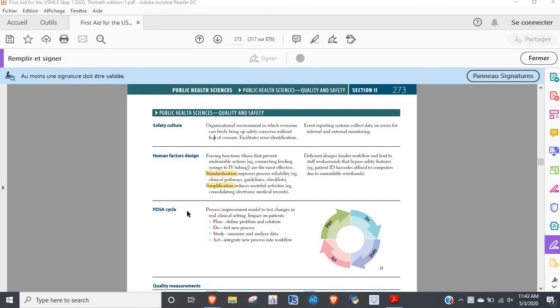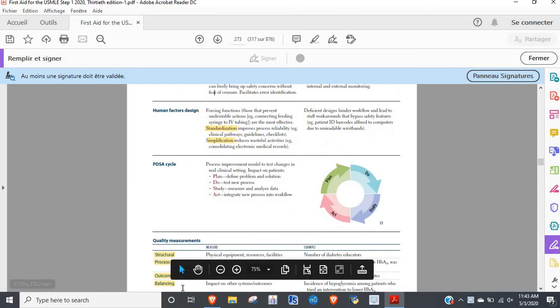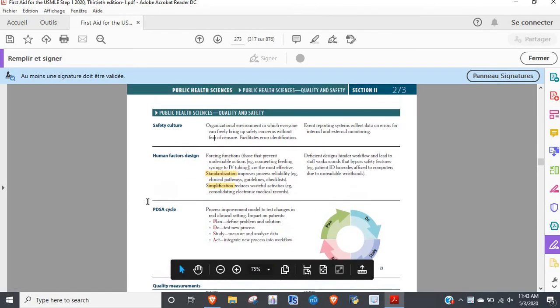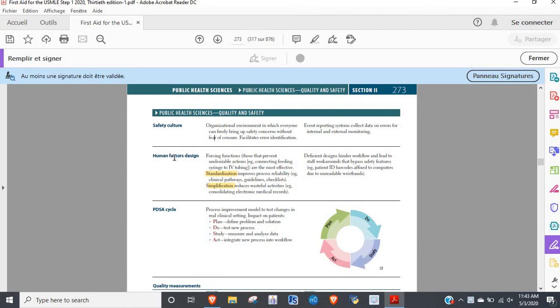So out of the questions here, the ones that you look at the most are these things. However, it's important to understand how they're going to ask you questions regarding human factors design. All right. So they're not going to say, oh, which of these is an example of standardization. What they're going to say is guidelines help, and you'll have to choose between improving process reliability, reducing wasteful activities,